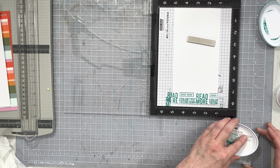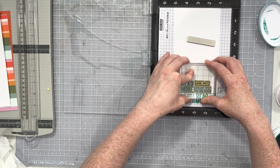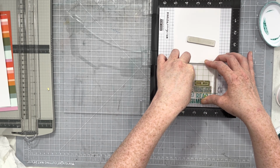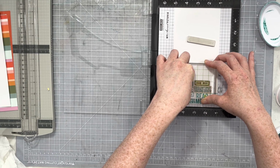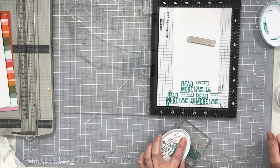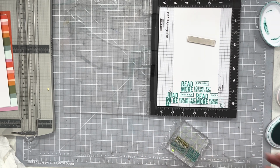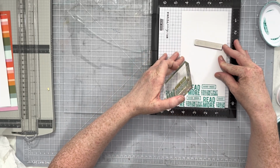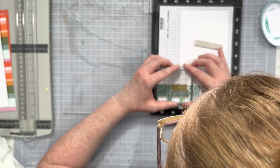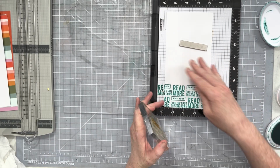So what I'm doing is inking up the stamp set really well, and then I'm only stamping once but getting all 3 of those stamps, and I'm alternating the way that it is stamped so that it doesn't line up. I don't want it to be lined up. I want it to look like a piece of pattern paper I made myself. The best way to do that is to offset your stamping. So I'm just going to do right around half of this with the